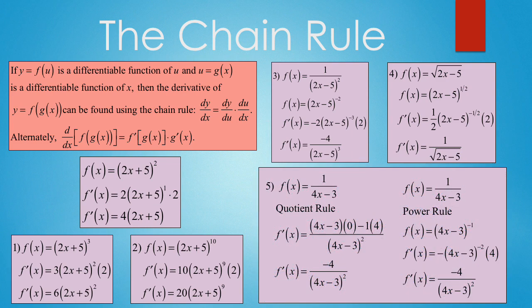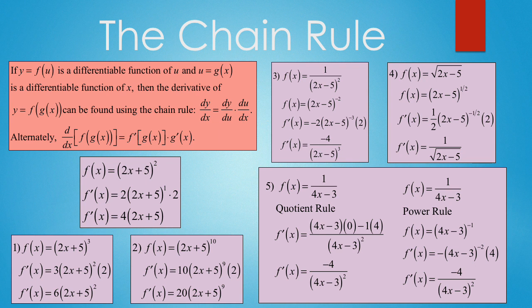For many problems, there is more than one way of taking the derivative. For instance, if we start with f of x equals 1 over 4x minus 3, we can attack this by the quotient rule. We square the bottom, and then for the numerator we have bottom times the derivative of top minus top times the derivative of bottom, and we end up getting f prime of x equals negative 4 over (4x minus 3) quantity